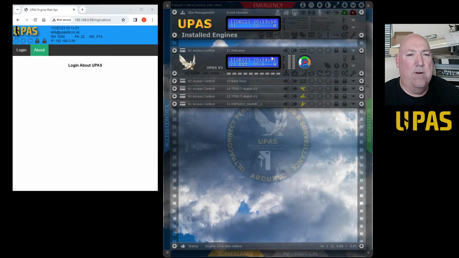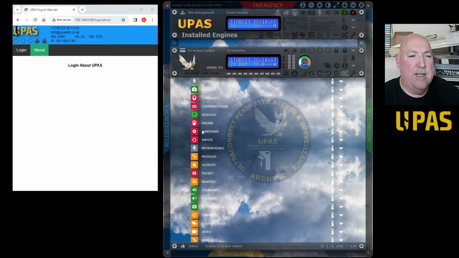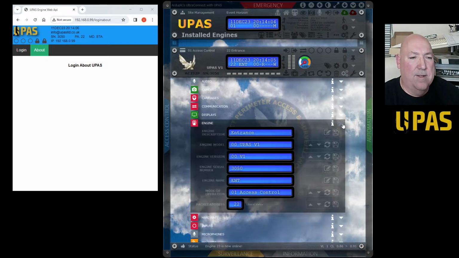going back to mode of operation, if you go down here into the engine, we've got this mode of operation here. Currently access control.